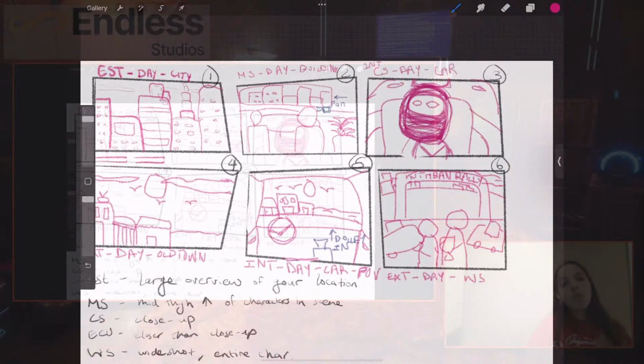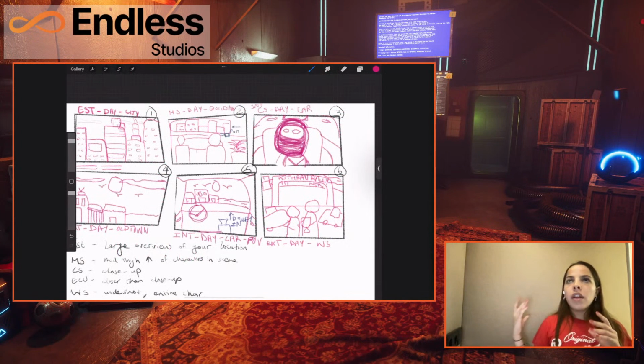And if I wanted to get even more specific as to how the camera moves, how the characters are standing in relation to the screen, I would list out in much more detail in lines what's happening. And then I would give this to our lead designer, which is Omer, to resketch them to bring the images to life.